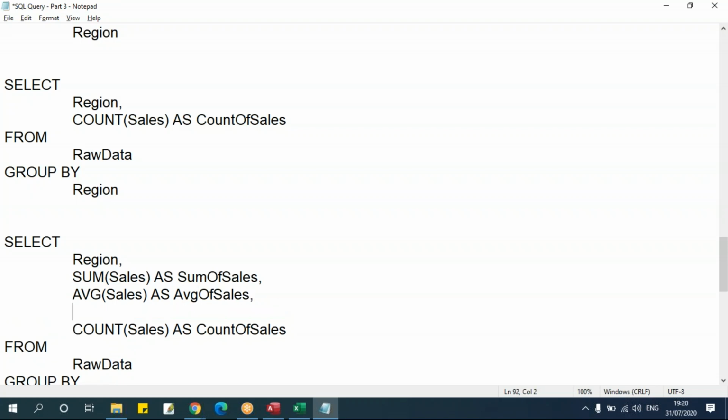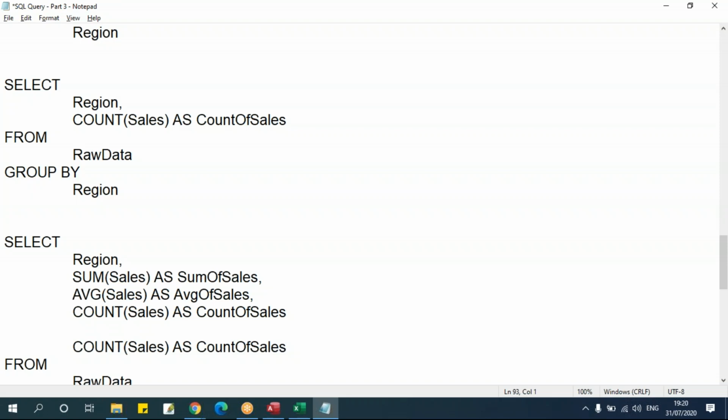Then we have minimum and maximum, comma, change this to minimum and maximum. And here we'll change the column headers. Min, max, like this.